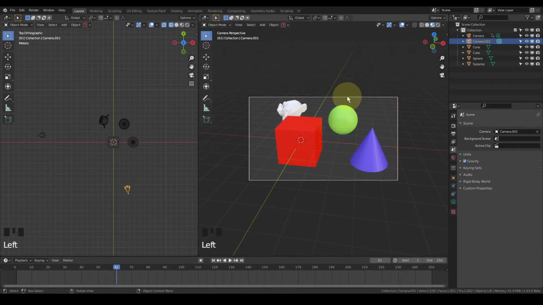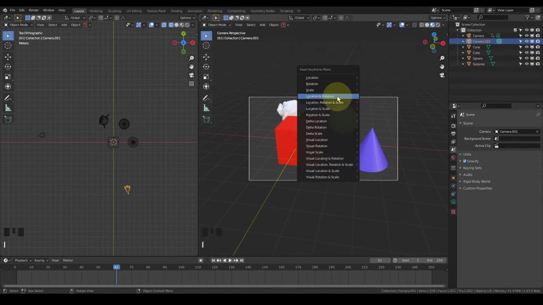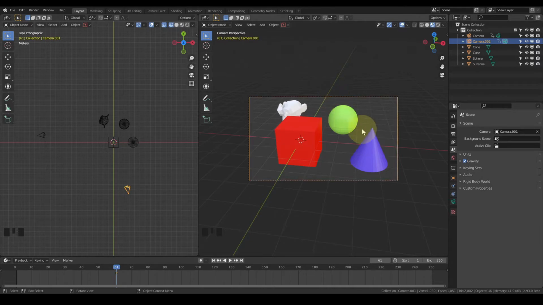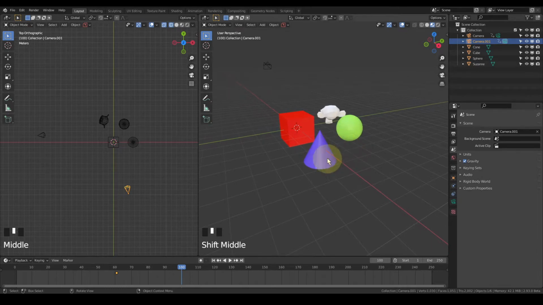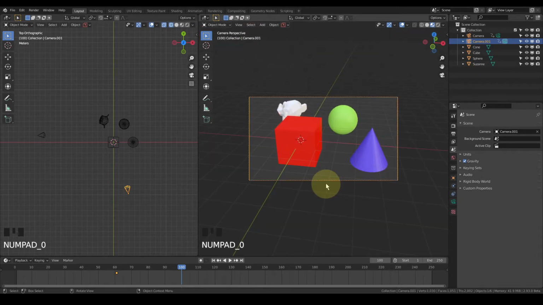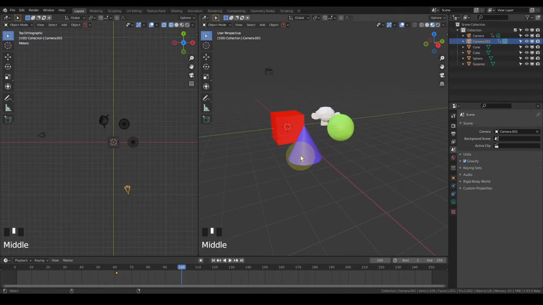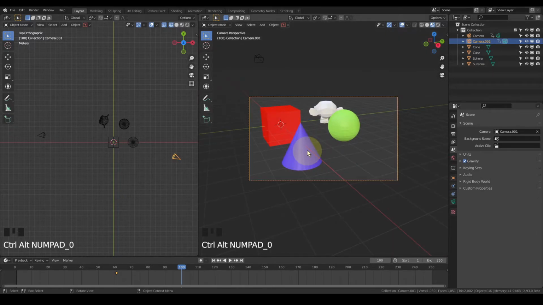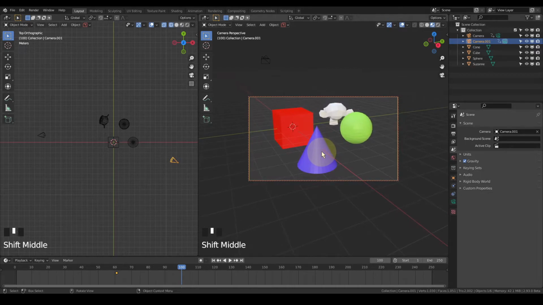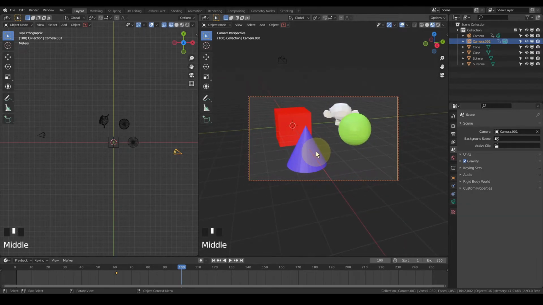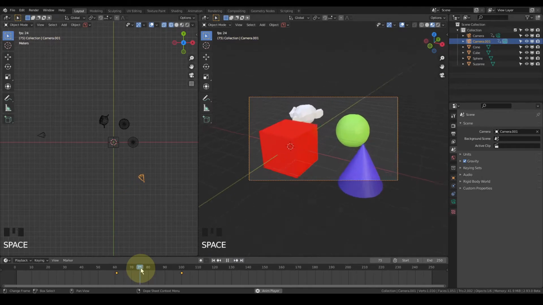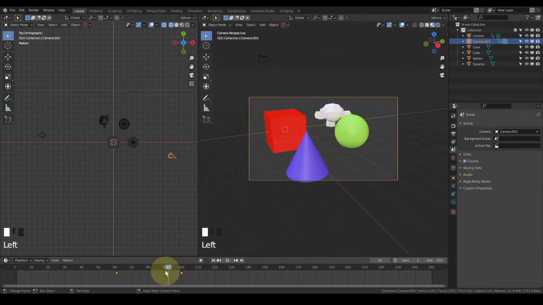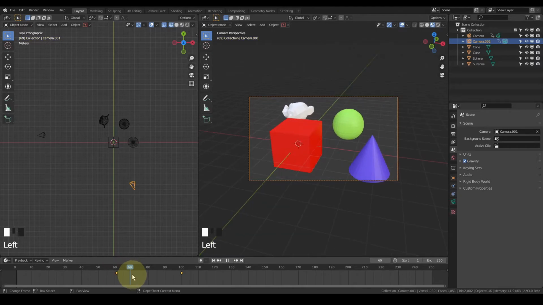So select this camera now and press I to keyframe, then location and rotation. Okay. Now after a few frames, you want this camera to animate to this position. So what you can do is again snap it into the location, Q, lock camera to view, and change the perspective a little bit, whatever you want, and press I again. So it goes like this. There will be a lot of refining to be done.